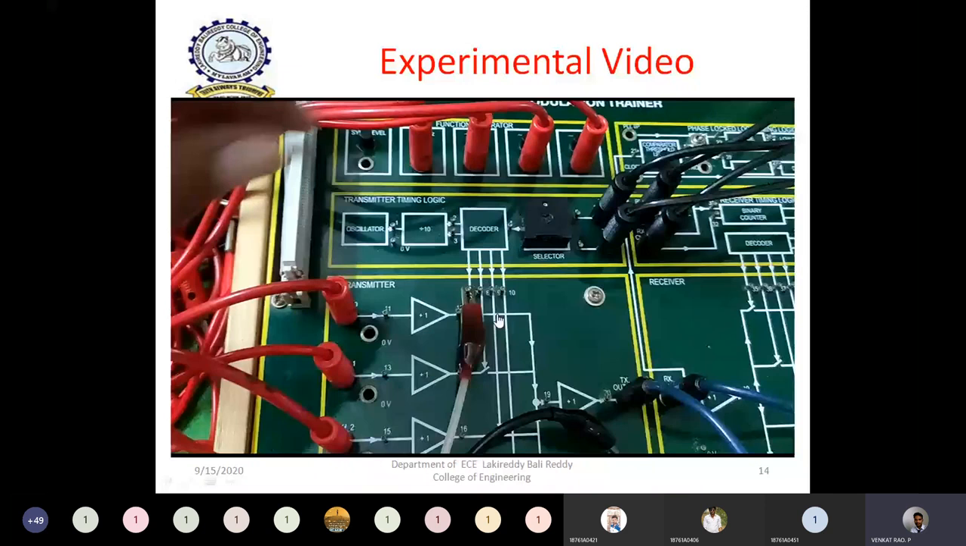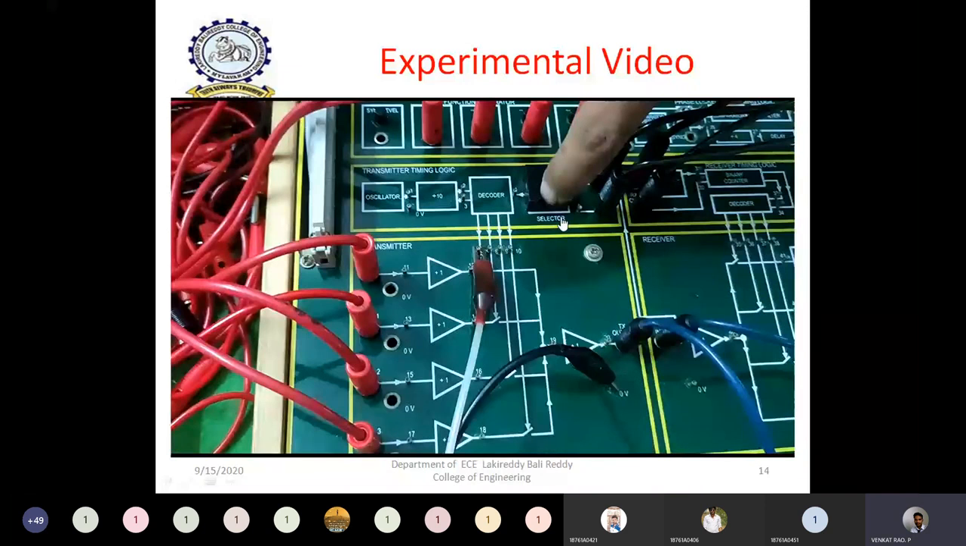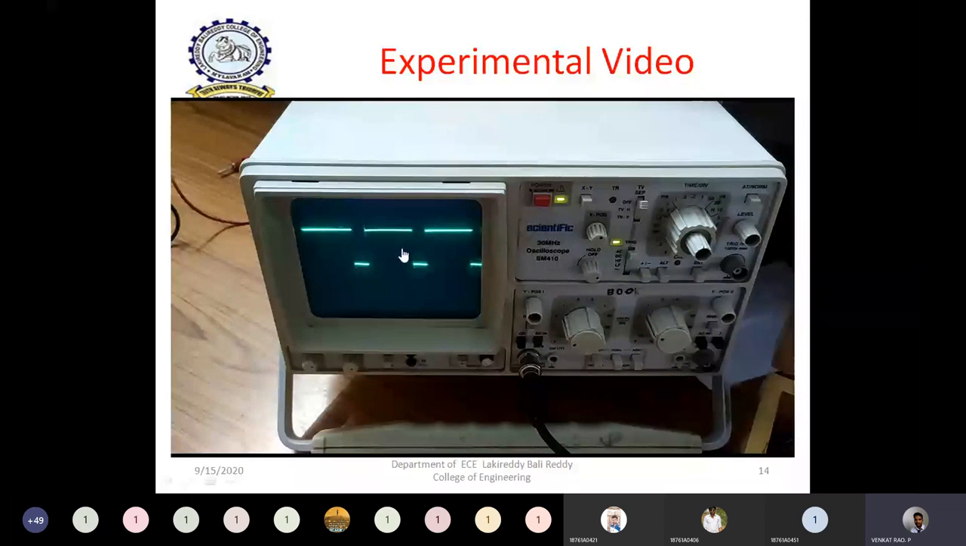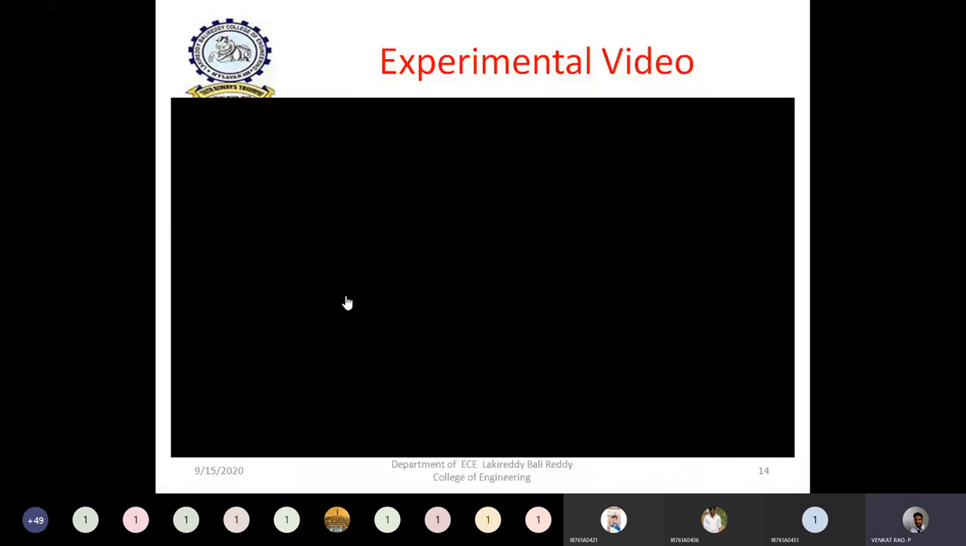Now, if you observe this, I already explained, this is the duty cycle selector. If you change this knob, you can change the duty cycle of the clock signal. You can clearly observe there is a change in the on time period and off time period. So as required, you can change that also. And finally,